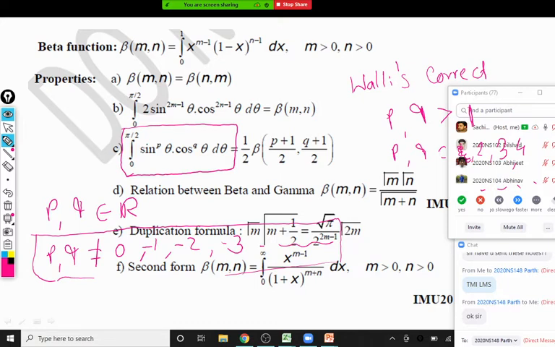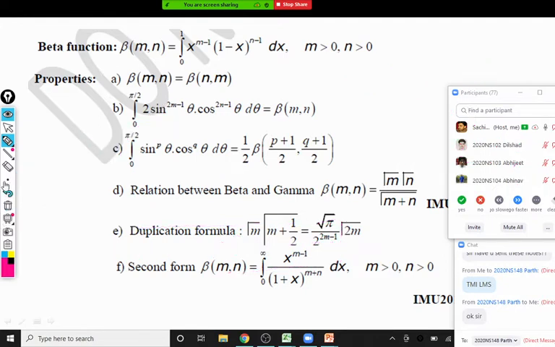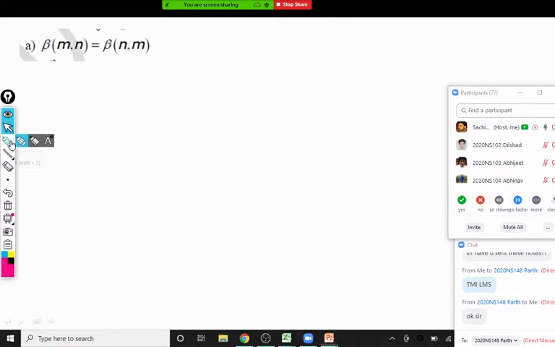So beta function is a more general formula. This formula is applicable to each and every value of p and q except at these negative values, because beta and gamma do not exist there. Because of that, the value of that integral is not defined there. Okay, so we'll see one by one and we'll see the example. That time it becomes more clear. So we'll start the properties now.